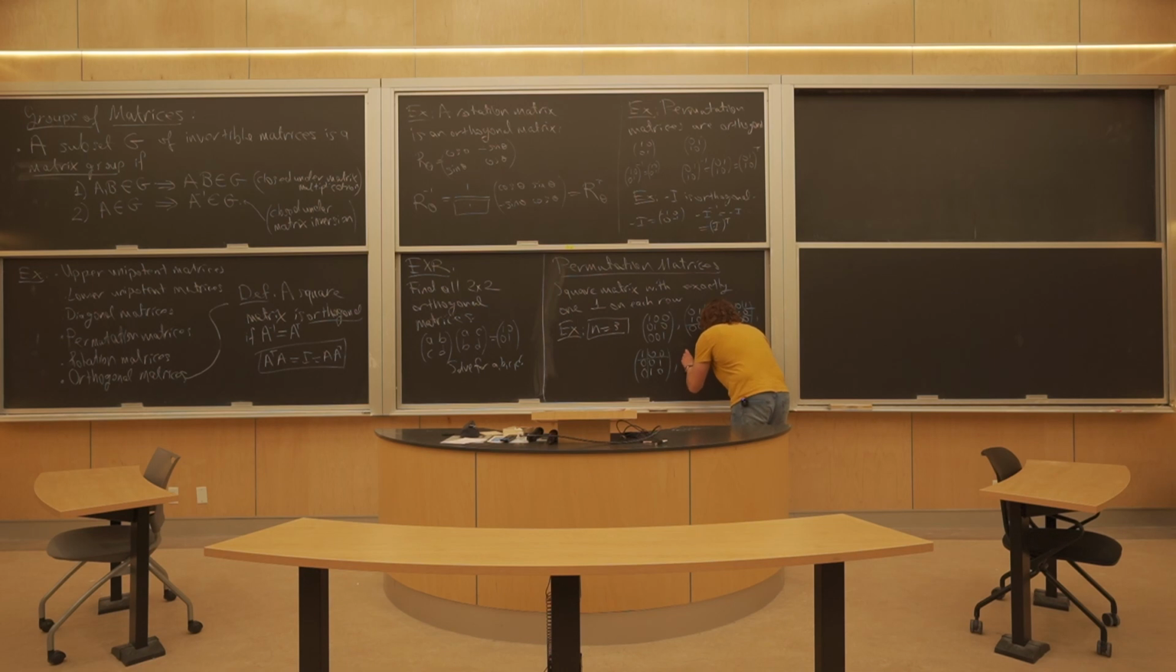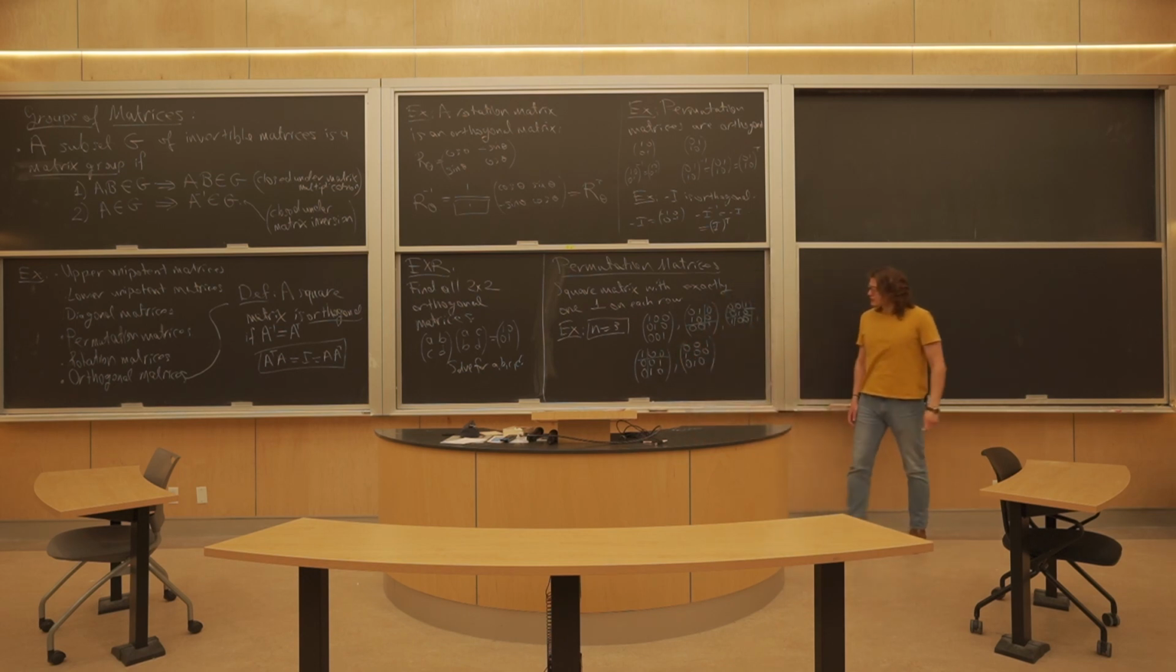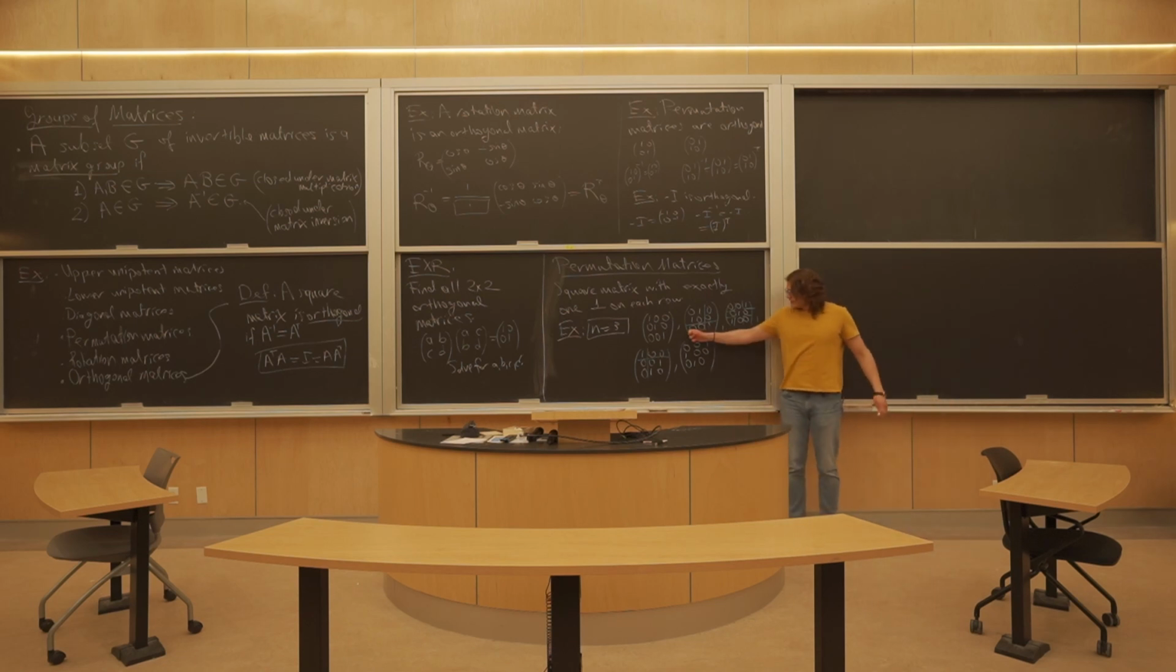So 1 goes to 2, 2 goes to 3, 3 goes to 1. This is 1, for instance. What this matrix does is that it takes the 1st entry, turns it into the 2nd entry. It takes the 2nd entry, turns it into the 3rd entry, takes the 3rd entry, turns it into the 1st entry. And then I have another one,